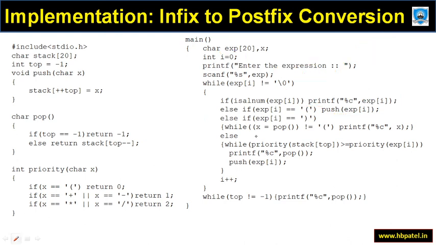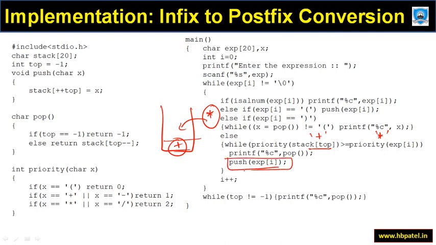Next, if I have a plus sign over here, and the next thing I'm going to push is star, the priority of the star is more than the priority of plus. So in that case we'll be pushing it. If the priority of the top of the stack, that means plus, is lower than the priority of this star, then we are going to push it. So just keep on doing this. These are the rules that we have evaluated.